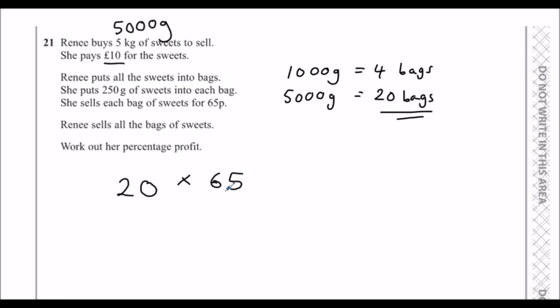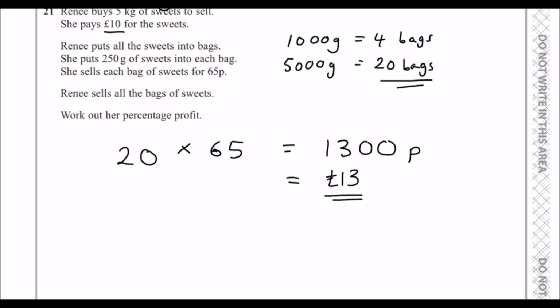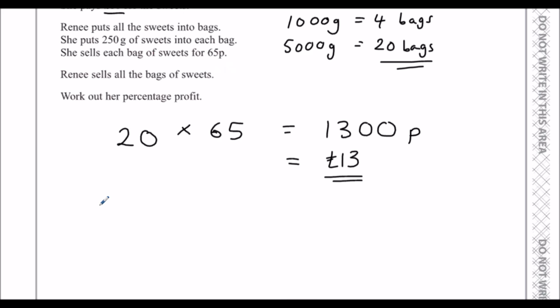So times by 10 is 650, and times by 2, 650 times by 2 is 1,300. So it's 1,300 pence, which is £13. So she's selling her sweets for £13, and she paid £10 for them. So profit,